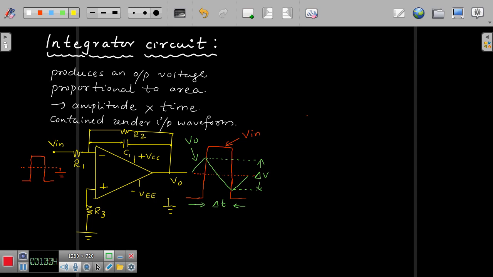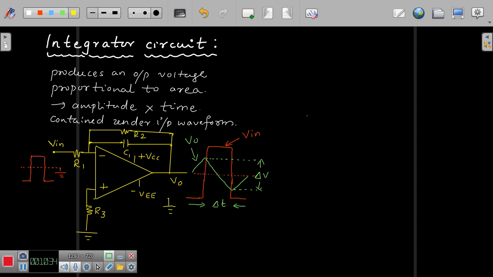The integration is not possible at all frequencies, because the very behavior of this capacitor depends upon at what frequency the circuit is operating. You know, the capacitor acts as a short circuit or open circuit at different frequencies, at DC or at a high frequency. Accordingly, this circuit also has a certain range of frequencies for its proper operation. That is another point to be kept at the back of the mind, right.